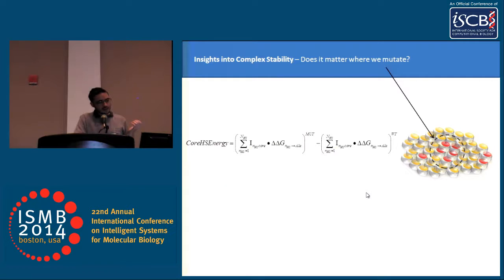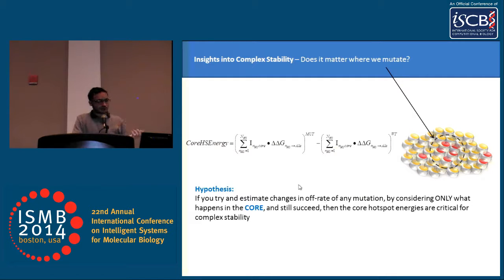The idea is that if we try and estimate changes in the off rate of any mutation by considering only what happens in the core, forgetting totally what happens in other regions, and you still can characterize a change in off rate,